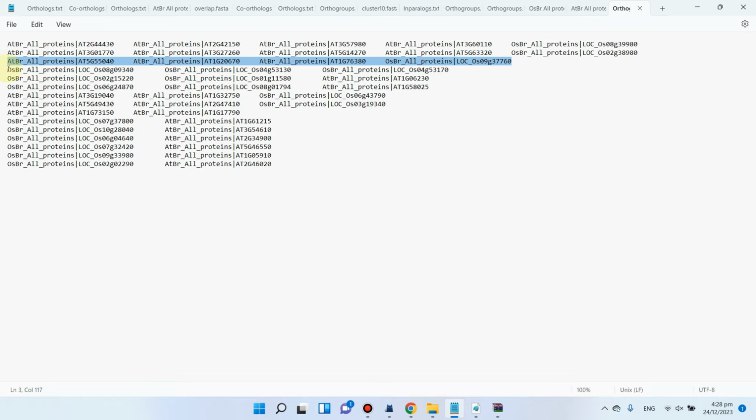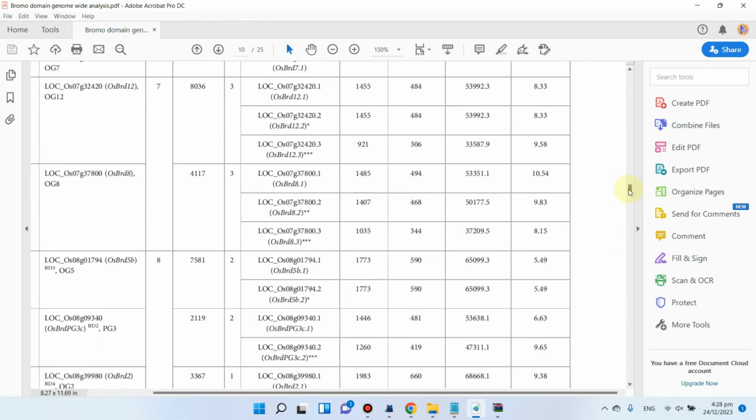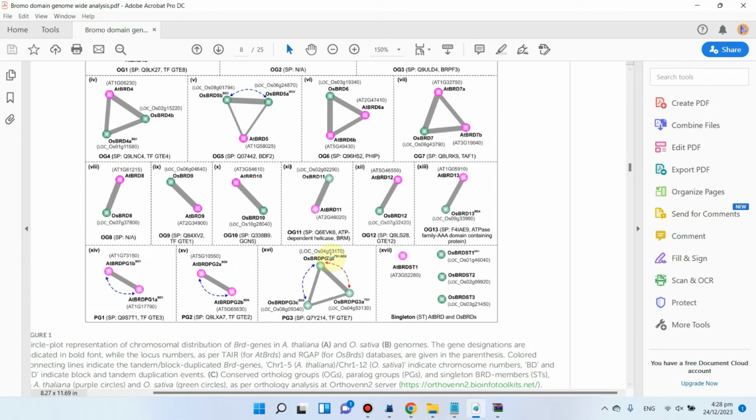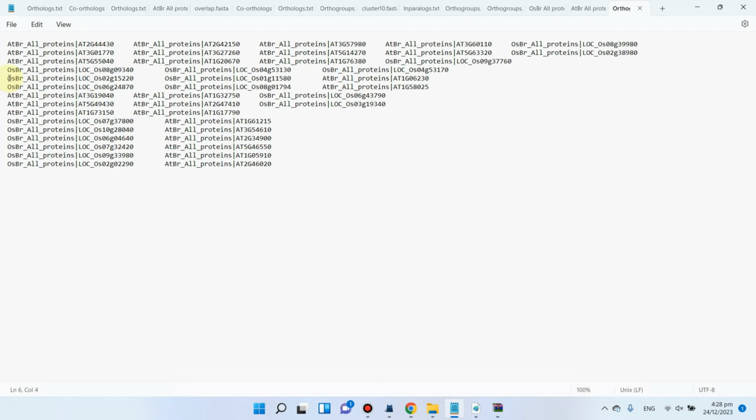Here in this one, you can see this is from the rice genome, this is from the rice genome, and this is from the rice genome. So all three belong to rice. Rice is only one organism, so it is not sharing. It means a duplication event has occurred, so they come under the heading of paralogs. I can show you in this figure that they are actually paralogs, 3 genes. This one, rice, belongs to the paralogs group. So we can go to the next.